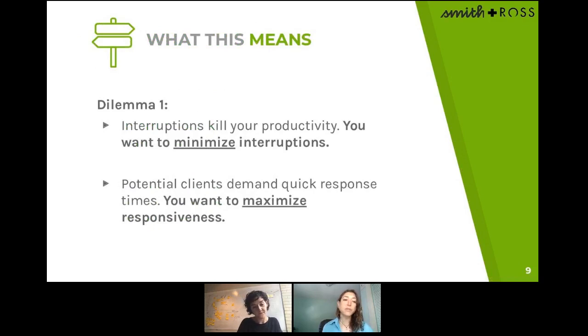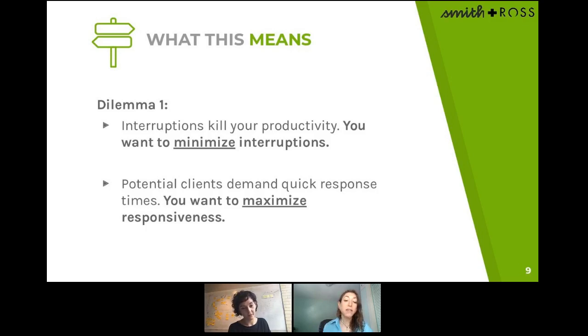So when it comes to the dilemmas here, we can see that there are a number of ways that attorneys, and if you're feeling this way, just know that you're not alone. I and Maya and her team travel around the country teaching CLE accredited education around how to run a more efficient, more productive law practice with technology to combat these dilemmas